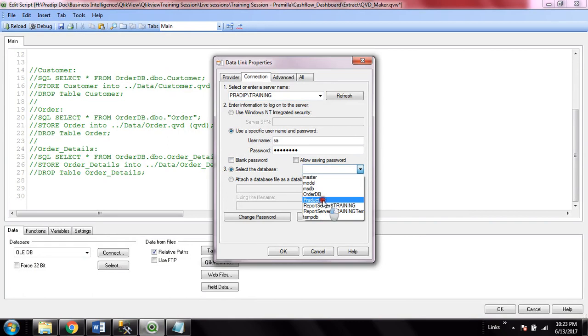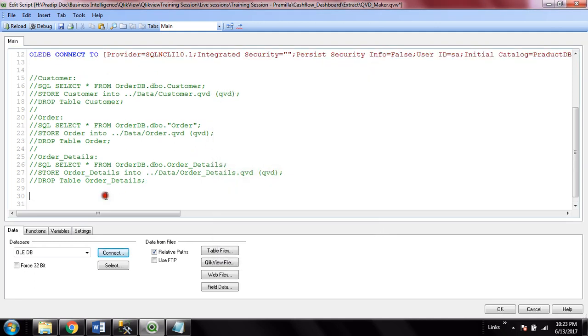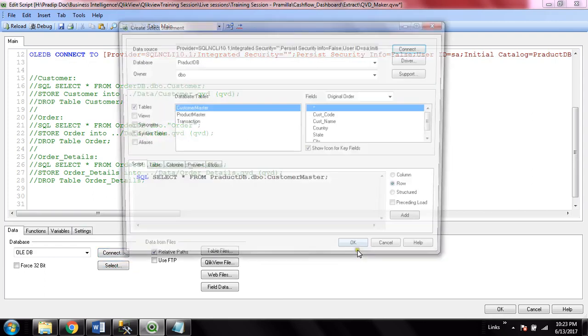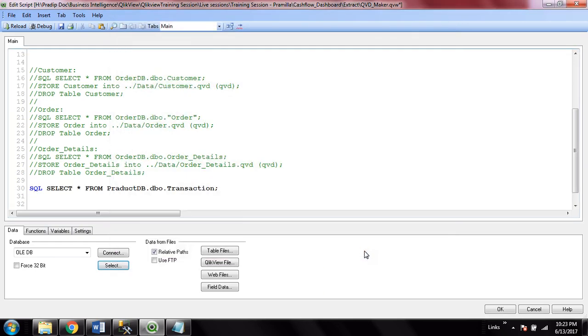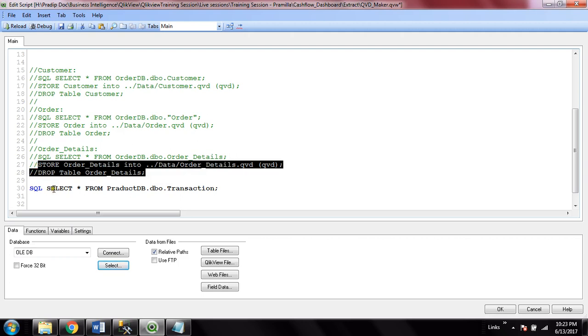Now I will have this one, this database. Okay, I just could connect it. Now I will select this data. I will select that transaction table and then try to load it. I have this transaction table with me. Okay, so this is the selection statement, and I'm going to create a QVD from here,